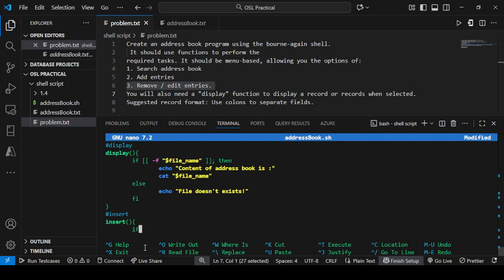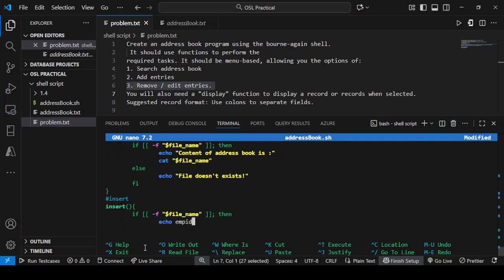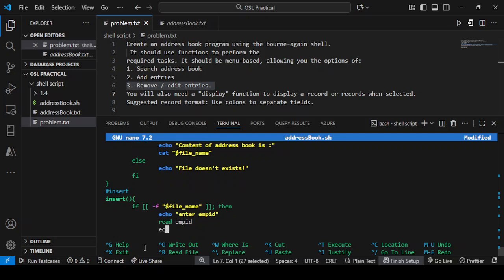So in order to insert in the file, again I'll have to check if the file exists or not. This statement returns true if the file exists, else it returns false. Now the file is existing, so I'll echo what I need to take. I have to take the employee ID. So echo enter employee ID. We'll read the employee ID in a variable named employee ID. Then I'll print